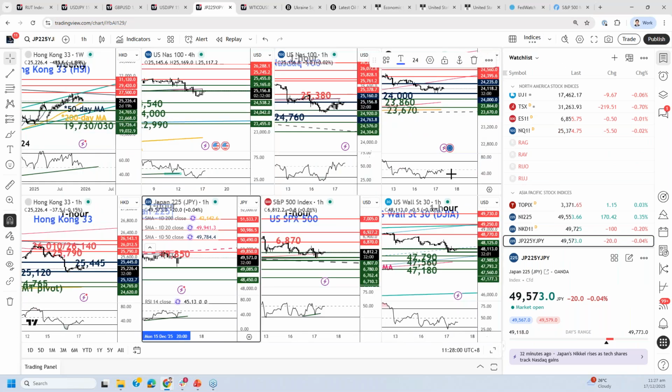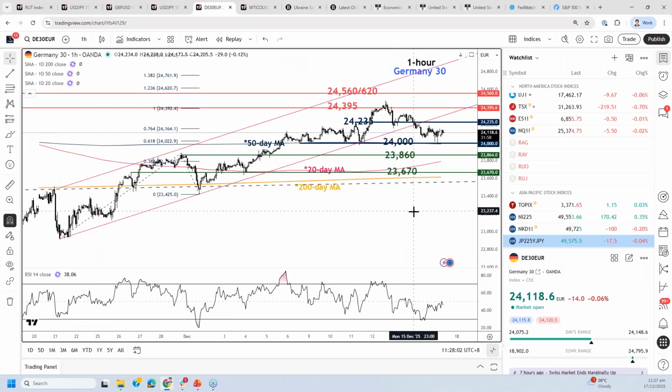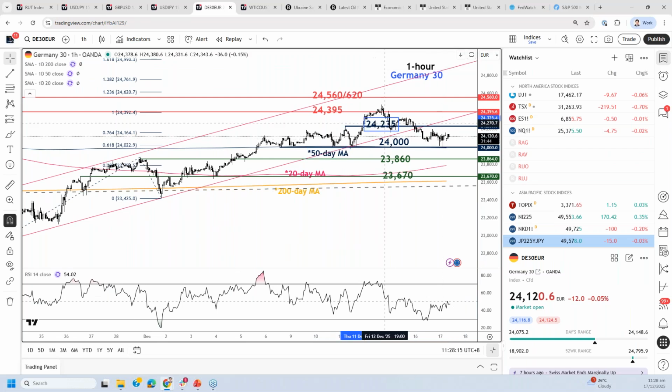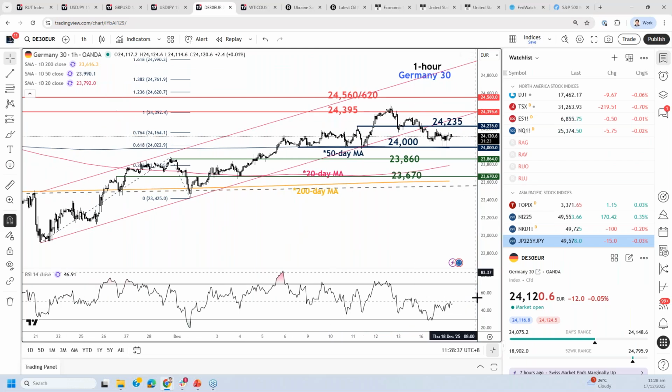All right. Next, we shall proceed with the Germany 30, that's representing the German DAX. So the Germany 30 also managed to hold within our neutrality range, the lower limit at the 24,000 psychological level. It also confluences with the 50-day moving average. So no change, given that it's still being trapped within this neutrality range. So I'll still maintain a neutrality bias between 24,000 and 24,235. Only a bullish breakout above 24,235 and an hourly close above it could flip the owners back to the potential bulls to seek out the next intermediate resistance level in first step at 24,395. So that's for the Germany 30.